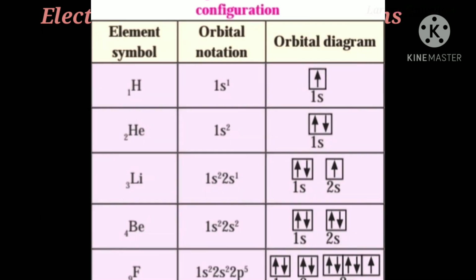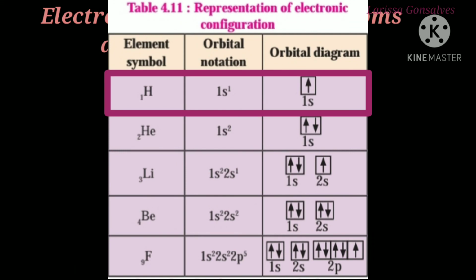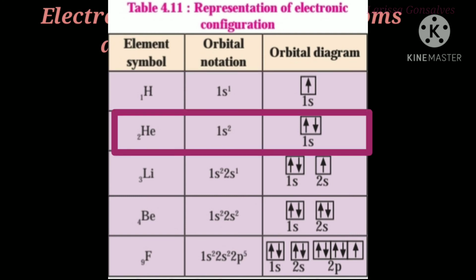Next is how do you draw the orbital diagrams. So for hydrogen, where we got 1s1, since we are taking the s subshell, we know that only one block is to be drawn. So we have only one electron, so it will be in the upper spin. For second, that is helium, we had 2 electrons, so again s shell, so only one block, but since there are 2 electrons, it is going to be in upper spin and lower spin.